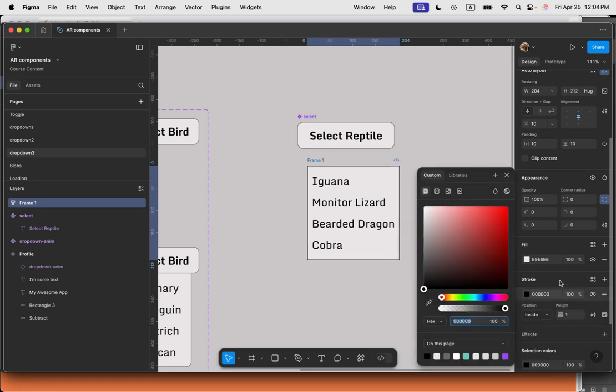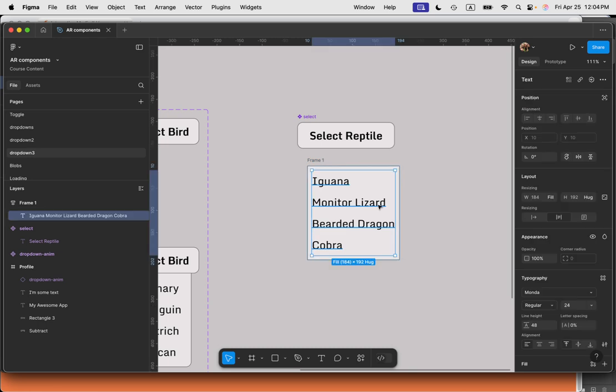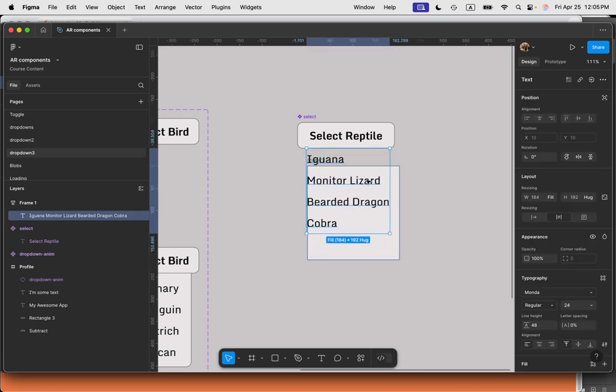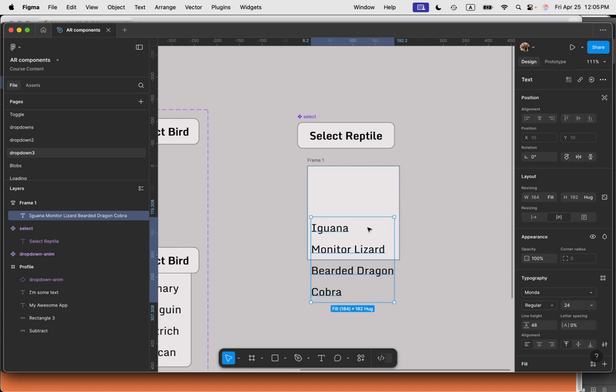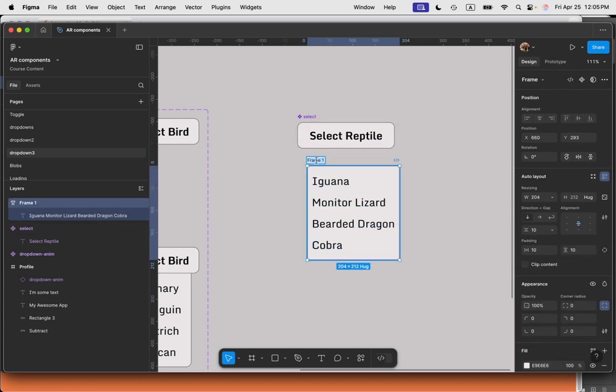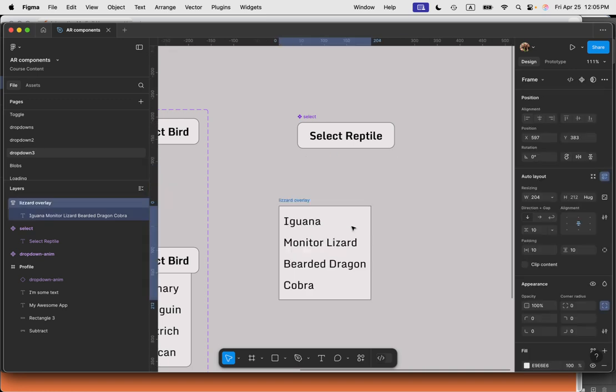should I give it a stroke? Sure. Why not? Of whatever we're using here. If I can get in that small. I can't. There we go. Cool. So there's our little drop down. Does it fit? Sure. Totally fits. All right. So I'm just going to call this lizard overlay. All right. And now I'm going to go